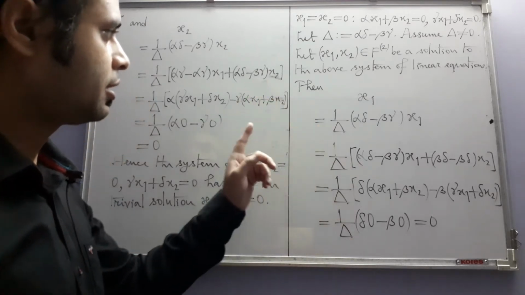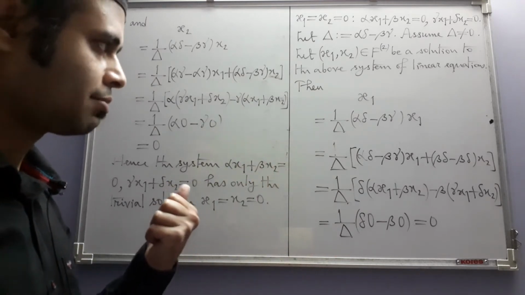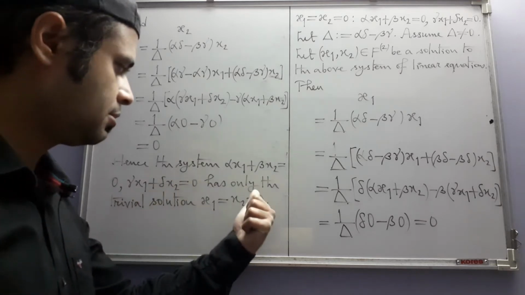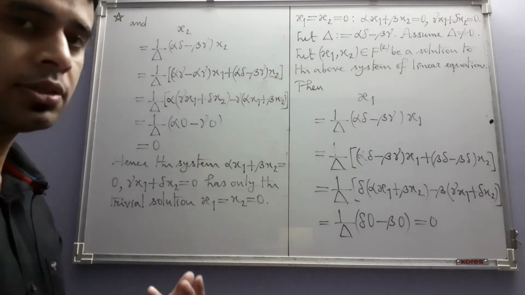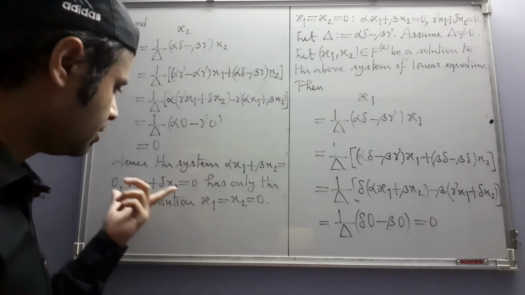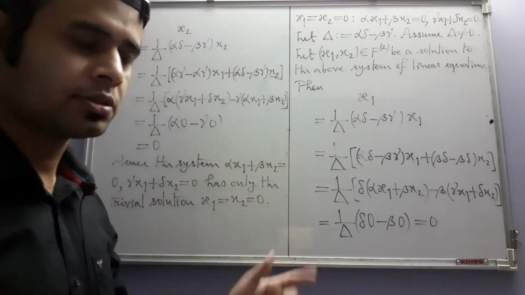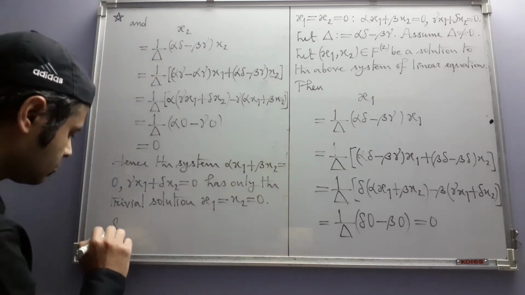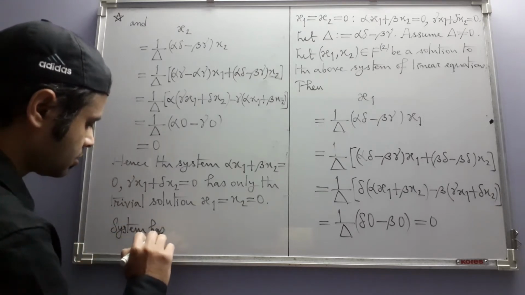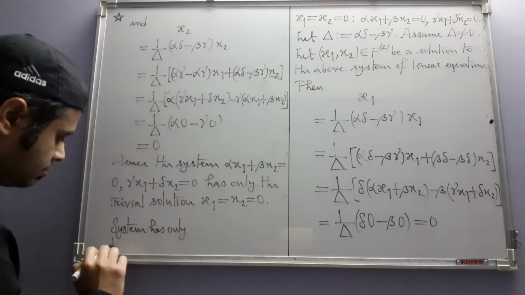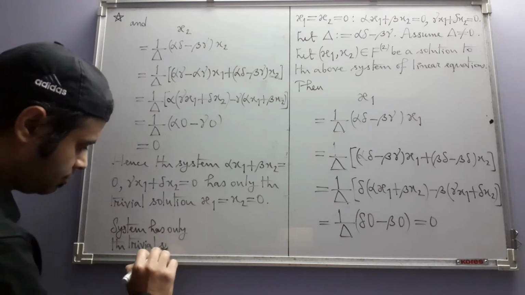So this condition that we have, that delta is non-zero, that is a sufficient condition for this system to have only the trivial solution. Now we are going to show that the condition is necessary also. That is, when this system has only the trivial solution, then delta must be non-zero. That is, next we want to show this system has only the trivial solution